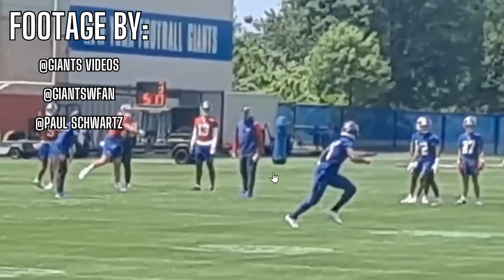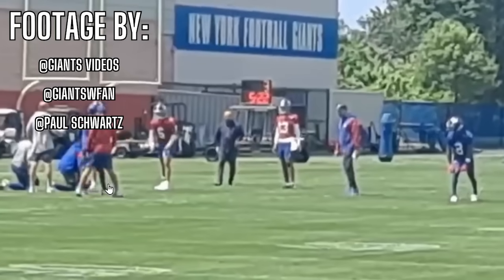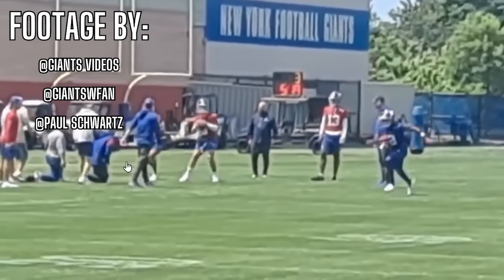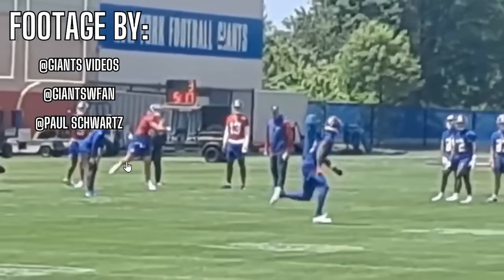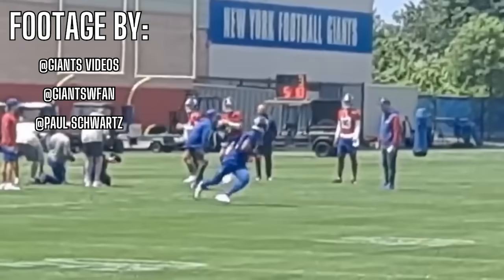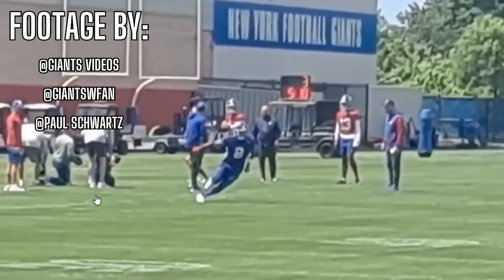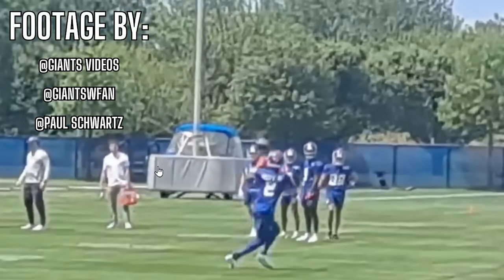Very similar to what the Titans did with Cam Ward and Xavier Restrepo. Let's go give him someone that he's already very familiar with. Let's see if it makes him more comfortable adapting to this new playbook, these new teammates, new coaching staff, and so far so good. These guys have had that connection. It's translated right to the Giants practice facility, and we'll see if that can translate into more of OTAs and